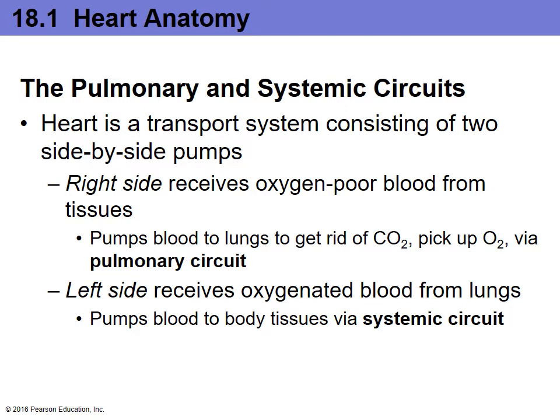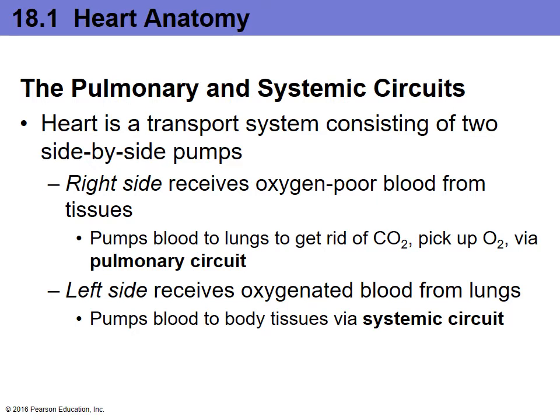The way it's going to work is that the right side is going to collect oxygen-poor blood that has traveled throughout the rest of the body through our tissues. It will collect all this oxygen-poor blood, meaning blood that is low on O2 and very high on carbon dioxide, which our body considers a waste product. It will take this oxygen-poor, carbon dioxide-rich blood and bring it over to the lungs. The reason it's going over to the lungs is because every time we exhale, we're able to get rid of that carbon dioxide, and every time we inhale, we pick up additional oxygen molecules,